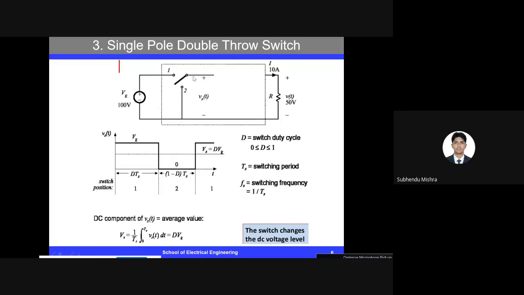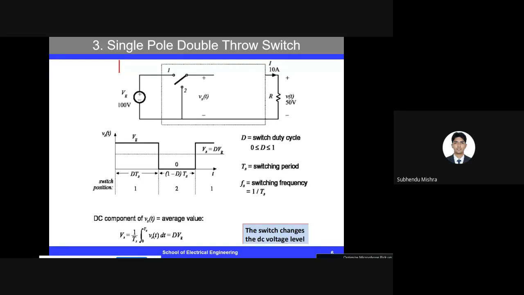So with that, what will happen is this: when it is on, this is a transistor, and it is working in the saturation region. When it is off, it is in the off state. It means that it is never in the active region. And since the transistor is not in the active region, there will be very, very low loss. An insignificant amount of loss will be there in the transistor.